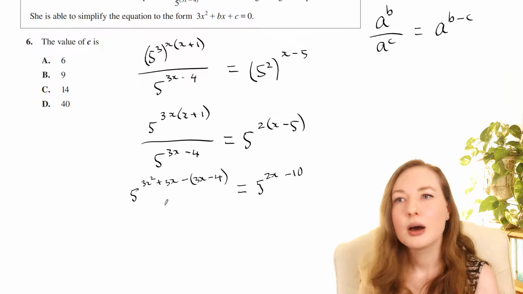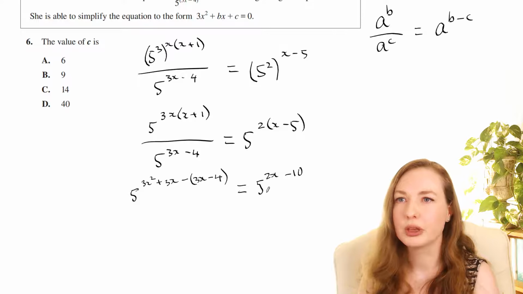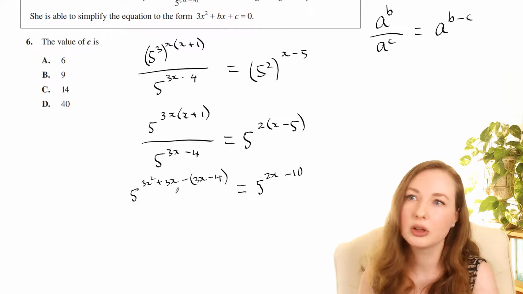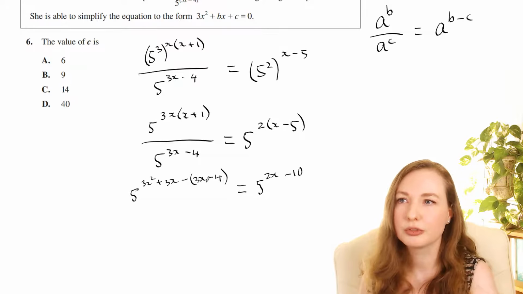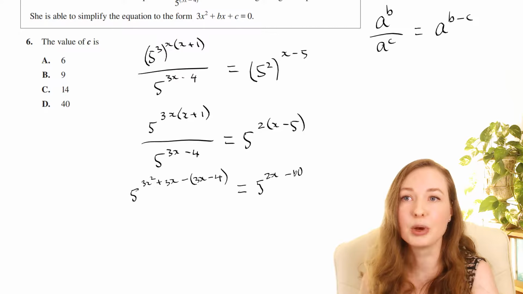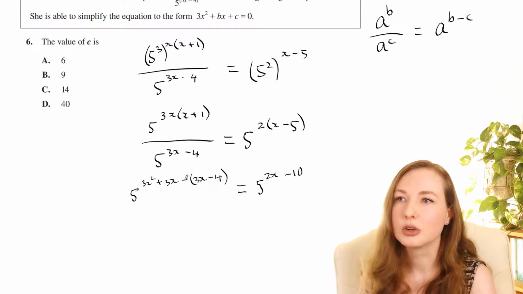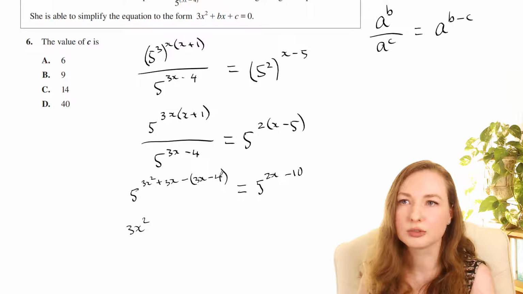Okay, so now we've got 5 to the something equals 5 to the something else. Well, the only way that's going to work is if this is the same number as this. So now we could just say, okay, that has to equal that. So let's simplify this a bit as well. That will cancel with that. And then when you expand this bit, you're going to get the plus 4. So we'll have 3x squared plus 4